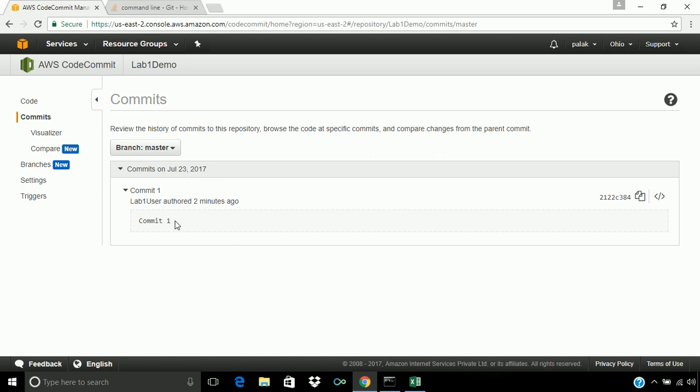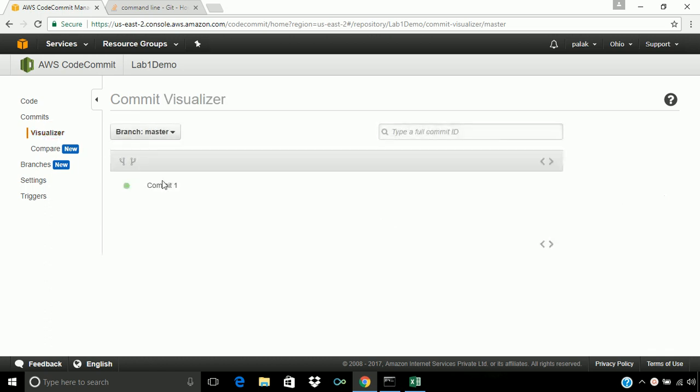So if multiple users are working on the same branch, then we can see which user has committed which changes. If multiple commits happen, then we can also see the different versions of the file here. Here the hello.txt was added the first time, so there is no version history, but in this visualizer, if multiple commits happen, then we can compare between those commits.